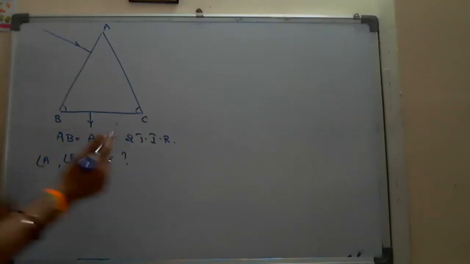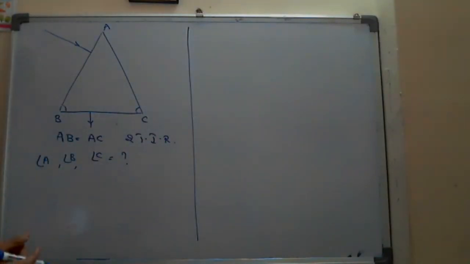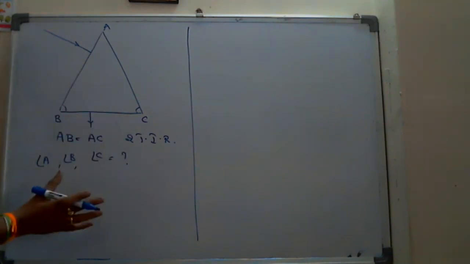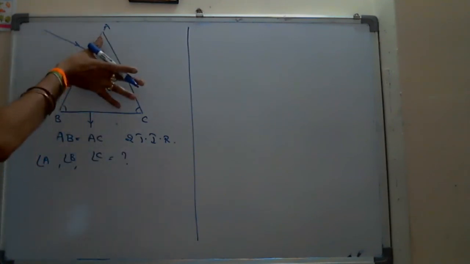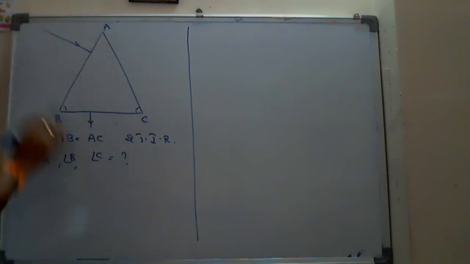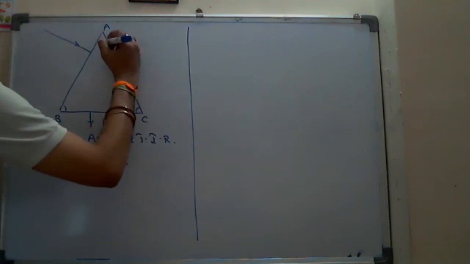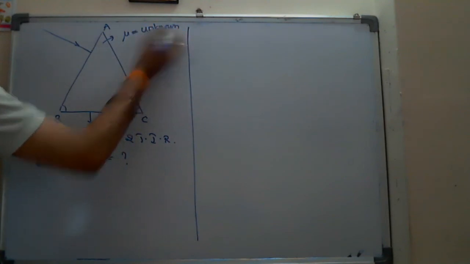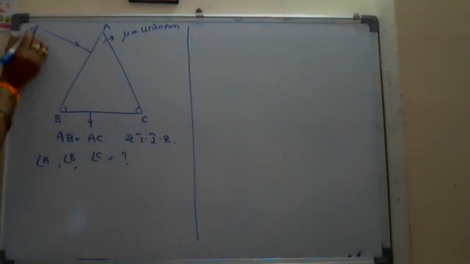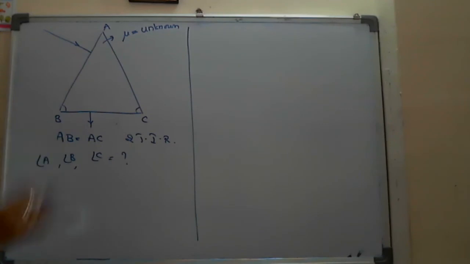Sometimes we see some beauty in physics, not in mathematics. Look at the question: there is no numerical information. He did not give the length of this part, not the length of this part, not the angles here, and not even the mu of this medium. Mu is also unknown, so there is no numerical information. Just he said normal to the surface, that's it, emerges normal to the surface. No numerical information, but he is asking what will be the numerical values of A, B, C. Without numerical information, we are getting some numerical answer.